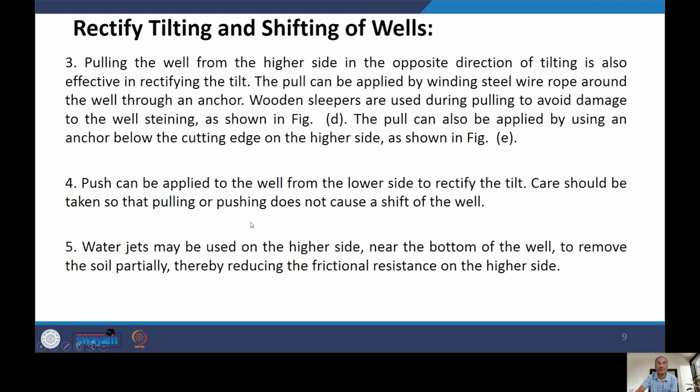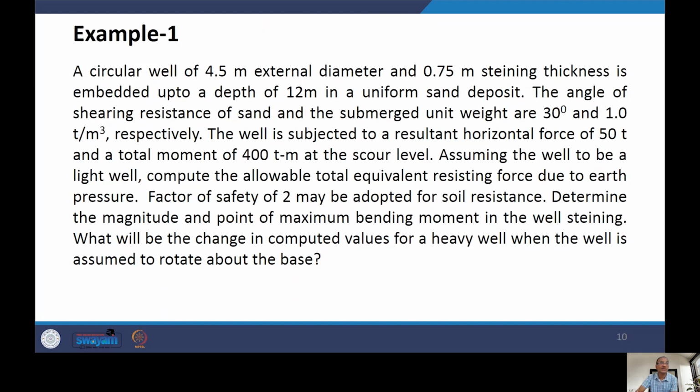Care should be taken so that pulling or pushing doesn't cause a shift of the valve. Water jets will be used on the higher side near the bottom of the valve to remove the soil partially, thereby reducing the frictional resistance on the higher side. So you have here,